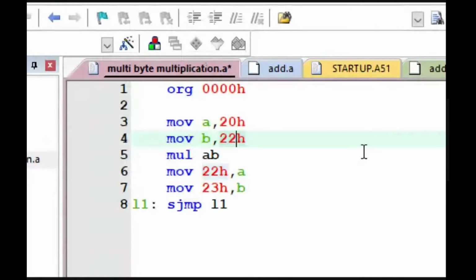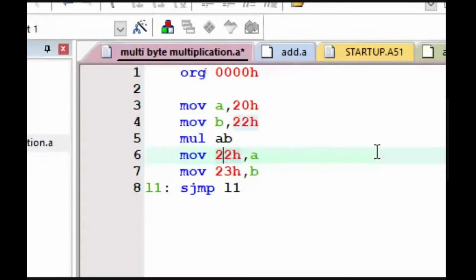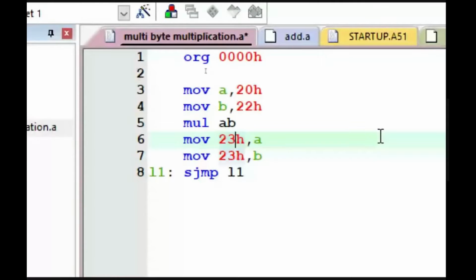Moving the first byte and then after multiplying, writing the product to the 23rd memory location. Please be with me, I will justify it while simulating.